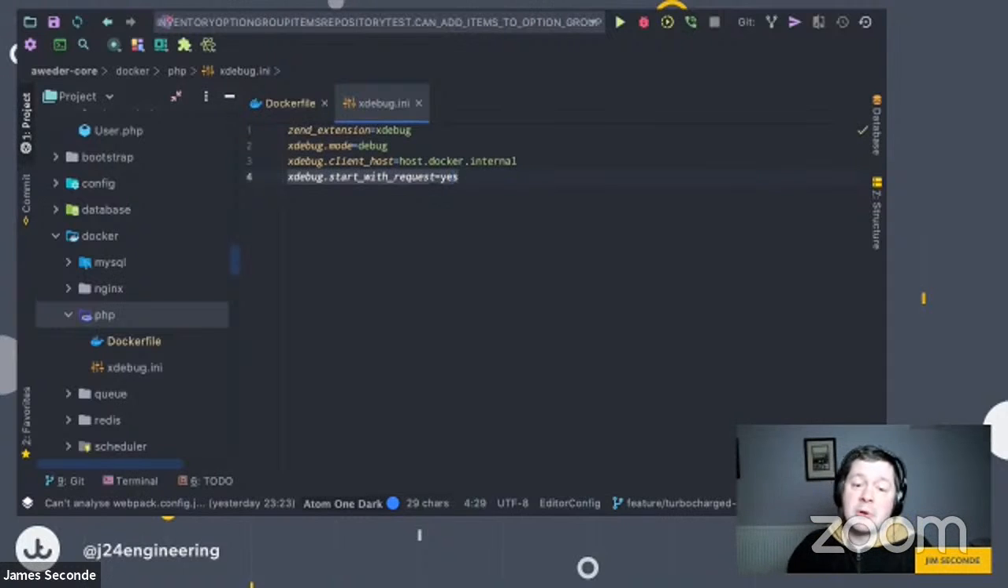If you have start with request, it basically says if you have a request and you have this option on, the server will look for any listeners, any client. In this case, the client is PHP Storm, which will be listening. The IDE will be listening on the port. If you put start with request, it will put the focus in the foreground, and we'll see that happen. So there we go. Next bit of this is we need to get this INI file into our